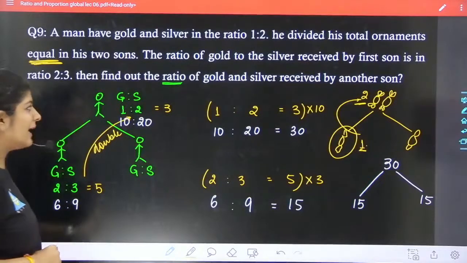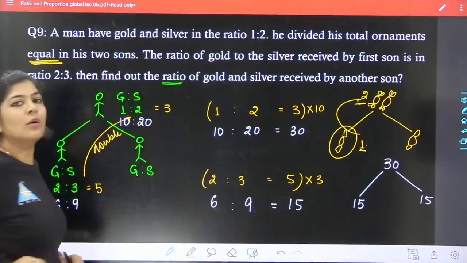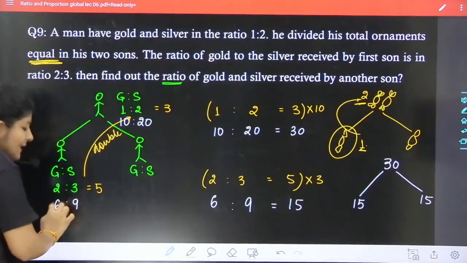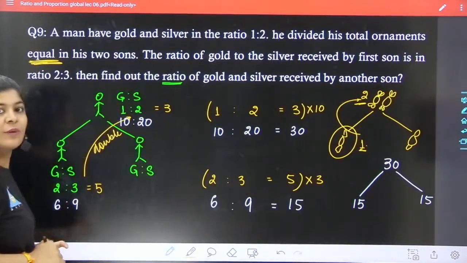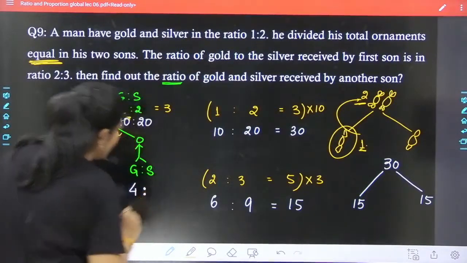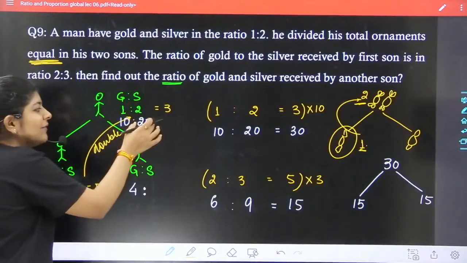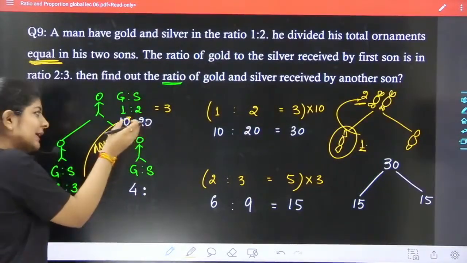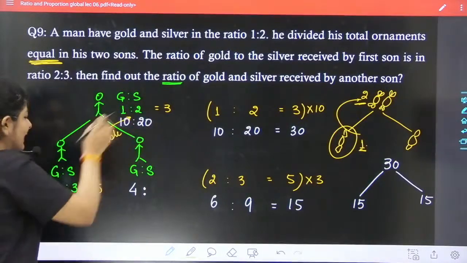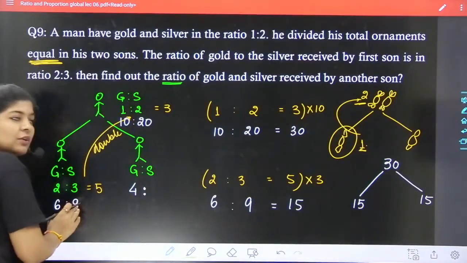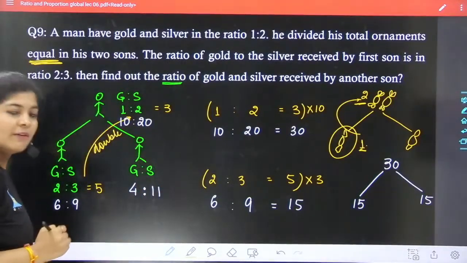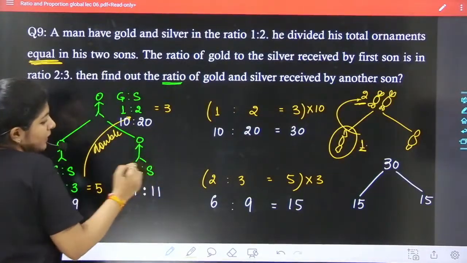So if we talk about gold only, if the first son gets 6 kg of gold, we are left with just 4 kg of gold. That means another son will get 4 kg of gold. If the man having 20 kg of silver gives 9 kg of silver to the first son, he is left with 11 kg of silver, which he gave to